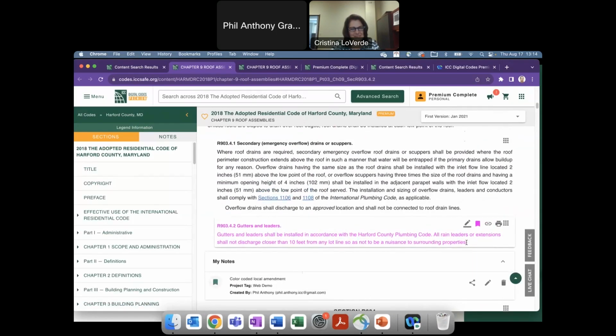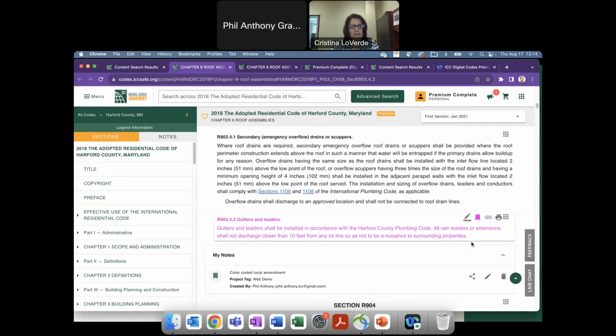And Christian, I don't know if you wanted to describe what this is here, but this is where we're talking about where it's visually able to be seen. This is a change in the code section. Yeah, absolutely. So this is a great example of how the integration of the local amendment has now affected the